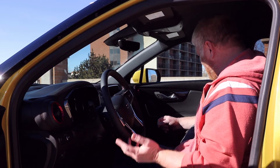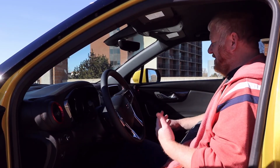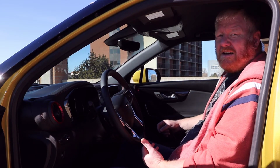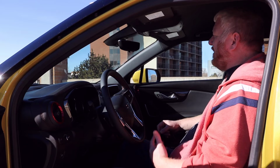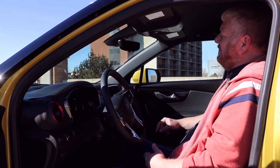And yeah, I don't know that there's a whole lot to just point out in here. It's just kind of a nice general setup. I enjoy being in this, actually. One thing I do want to point out is this mirror in this particular package and in a few others